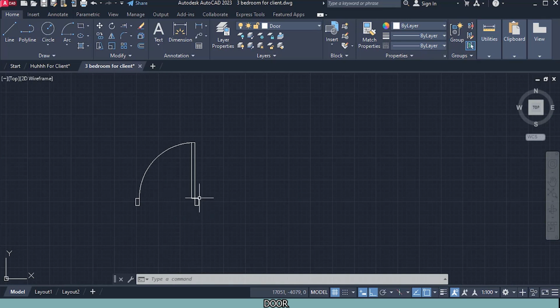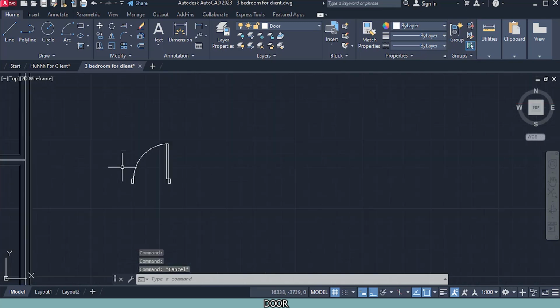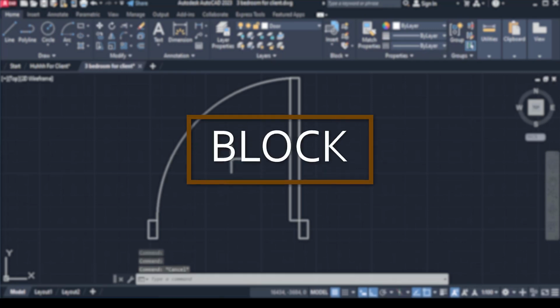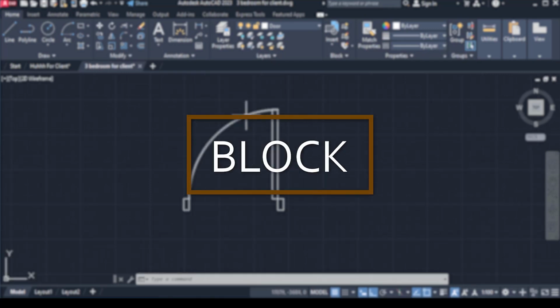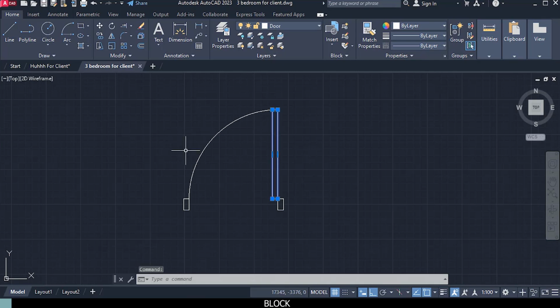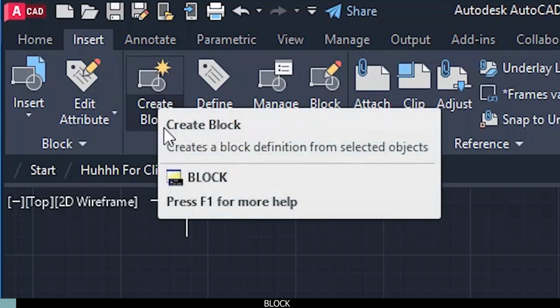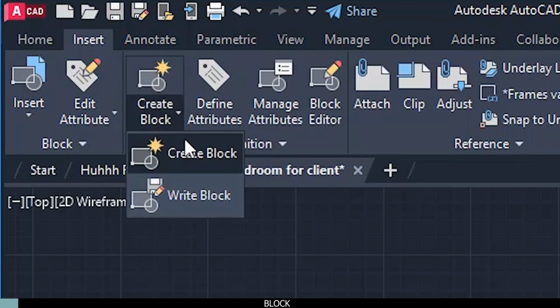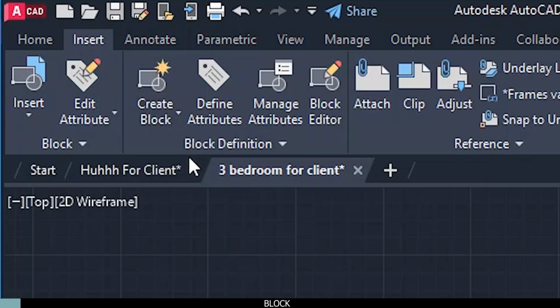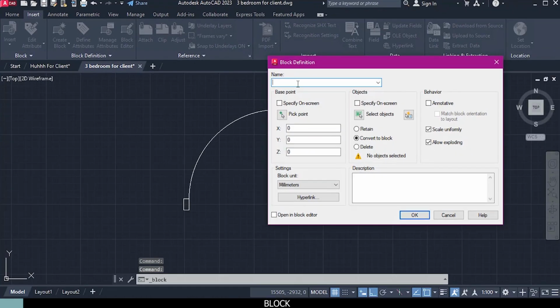And now this is exactly where almost 90% of the people who want to learn AutoCAD give up, because they think you have to be selecting all this individually and then copy it and rotate it to each of the doors. No. Long story short, all we have to do is make this door a block. Now they are individual. As you can see, the rectangle, the arc, they are all by themselves. So to make our door a block, all we have to do is come to the insert tab. Right here on the block definition panel, click on create block. If by chance you click on this drop down and get this, just select create block. So click on that. We will name it door